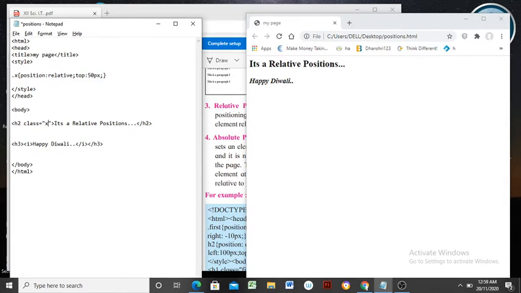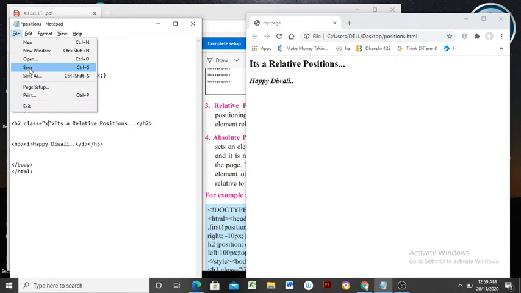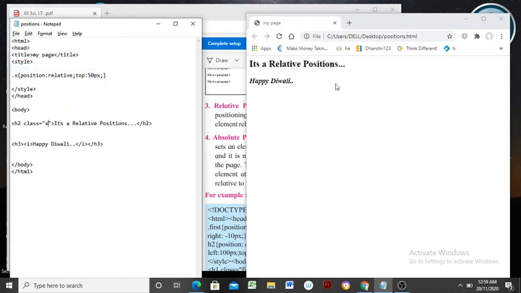It must be there like this. Save this document again in a proper manner, and you will get the effect. See here, the content with relative position is moved next and overlapped on the next content, that is what we have given, Happy Diwali.